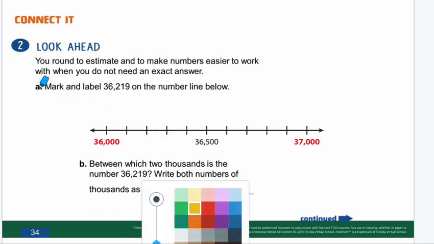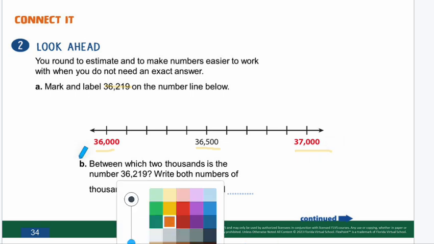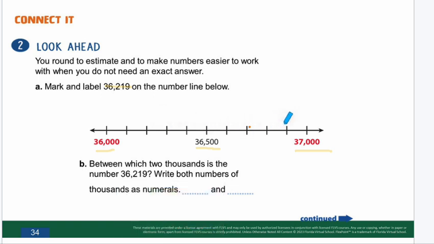So right here, let's kind of look at this on a number line. So it says mark and label the number 36,219 on this number line. Something I notice is that this is to the 1,000, this is to the 100, this is to the 1,000. So I bet when I look here, each of these represents maybe a value of 100. I'm going to see if there's 10 lines total. 1, 2, 3, 4, 5, 6, 7, 8, 9, 10. Yes, there are. So this means this is 36,100,